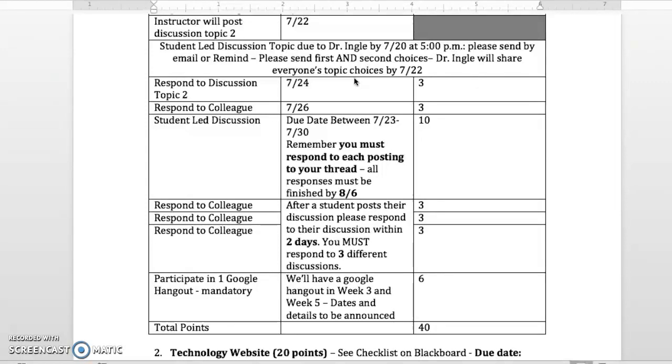But everybody who responds to you has to have a response from you, and not just a response like, wow, good idea. Come on, something substantial.